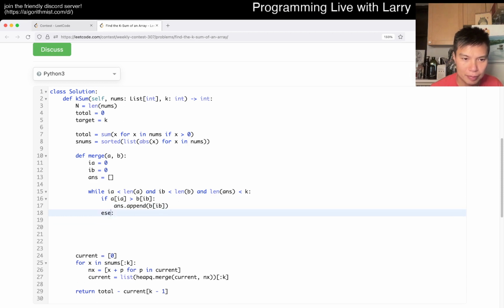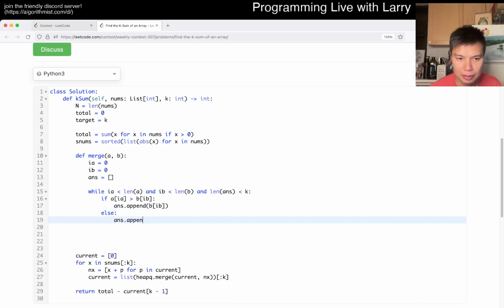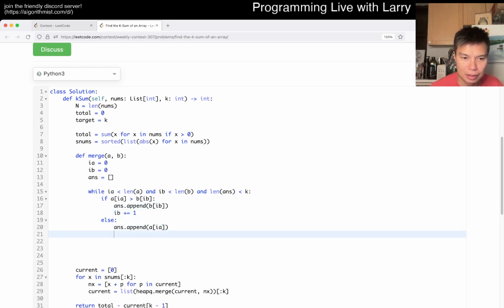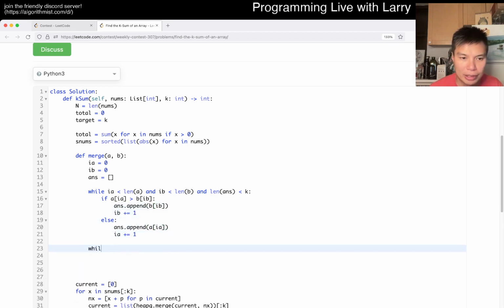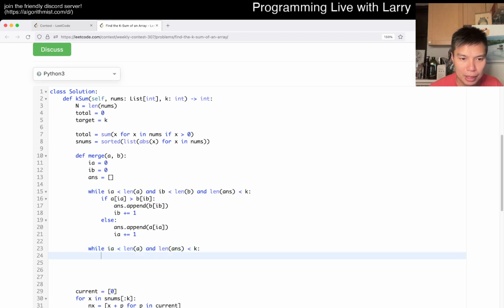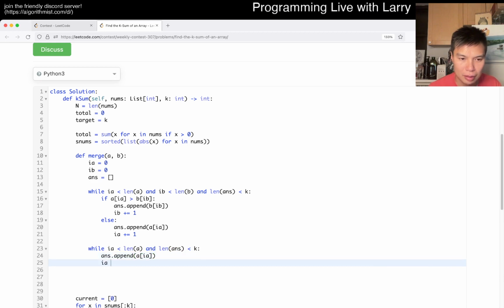Oops. Of course, right, and now this is just regular merge sort stuff. Then yeah. And we want to keep it smaller than